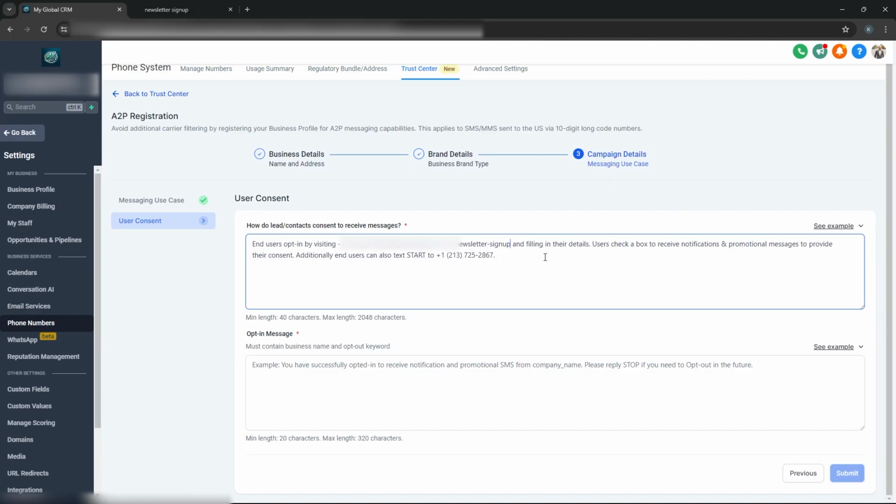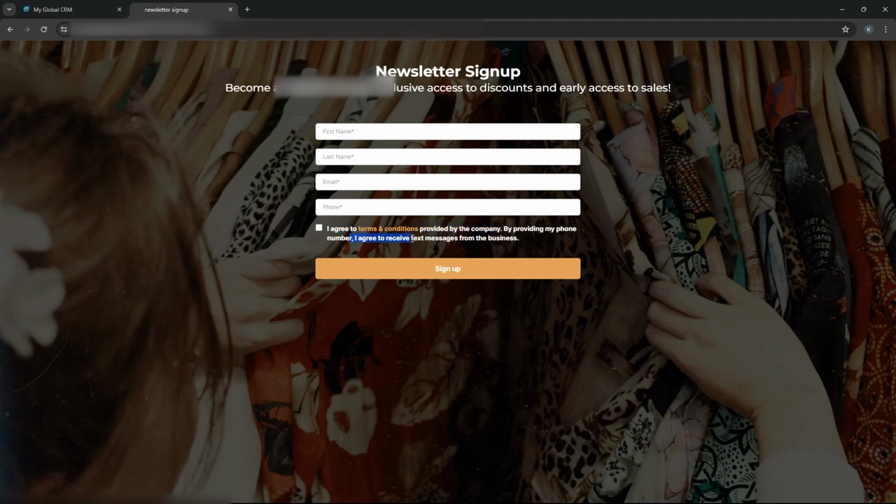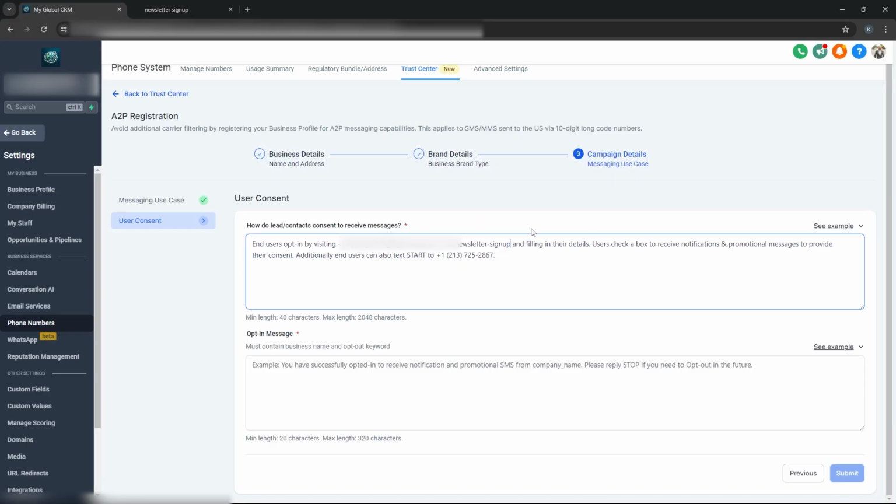process. So I put the real link to the sign-up page in there that has the opt-in language where it says, I agree to terms and conditions by the company by providing my phone number. I agree to receive text messages from the business. Again, the people that are approving these campaigns will check these links, and if that information isn't there or the links don't work, your campaign will be rejected. So it goes on to further say users check a box to receive notifications and promotional messages to provide their consent. And I'm just going to take off this last piece because we don't have a way to text the